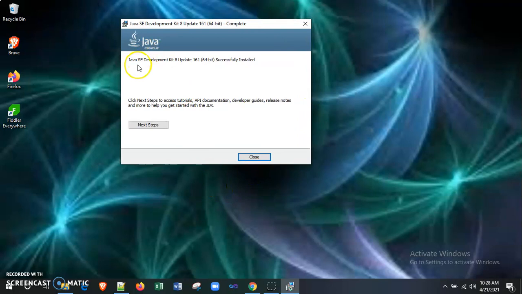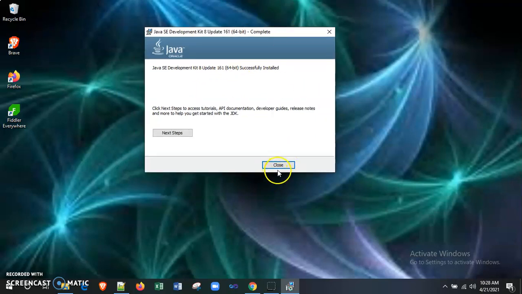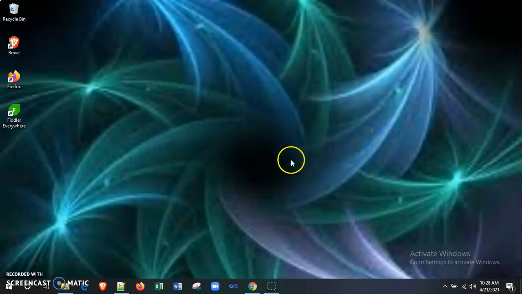Here the final step says Java SE Development Kit 8 update 161 64-bit successfully installed. So in this way we have successfully installed JDK 1.8.